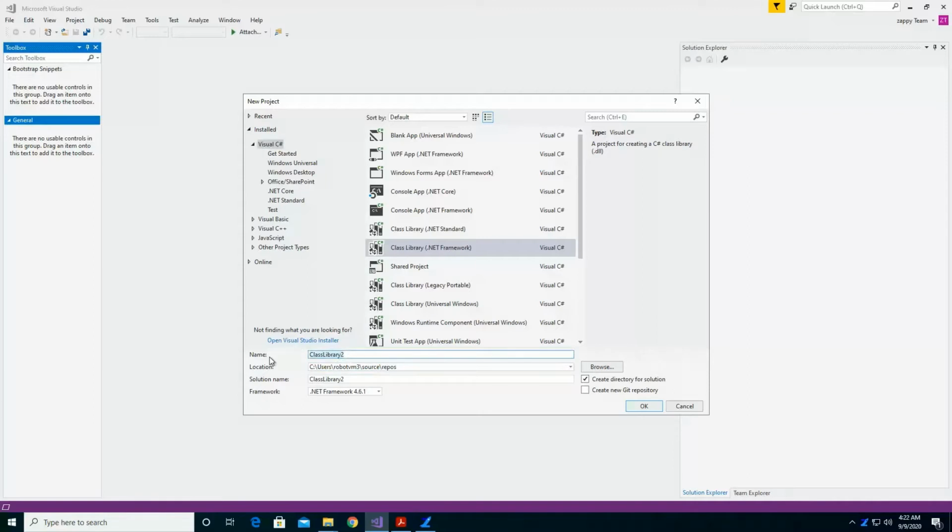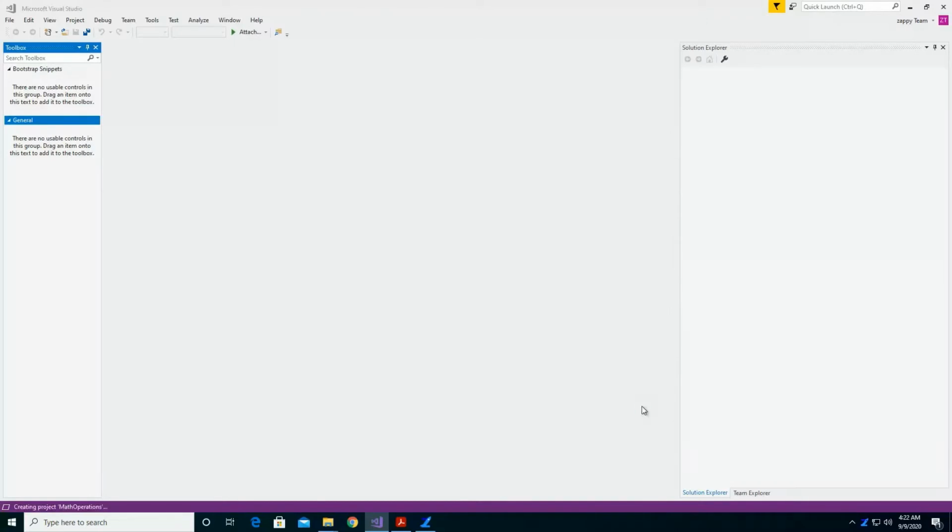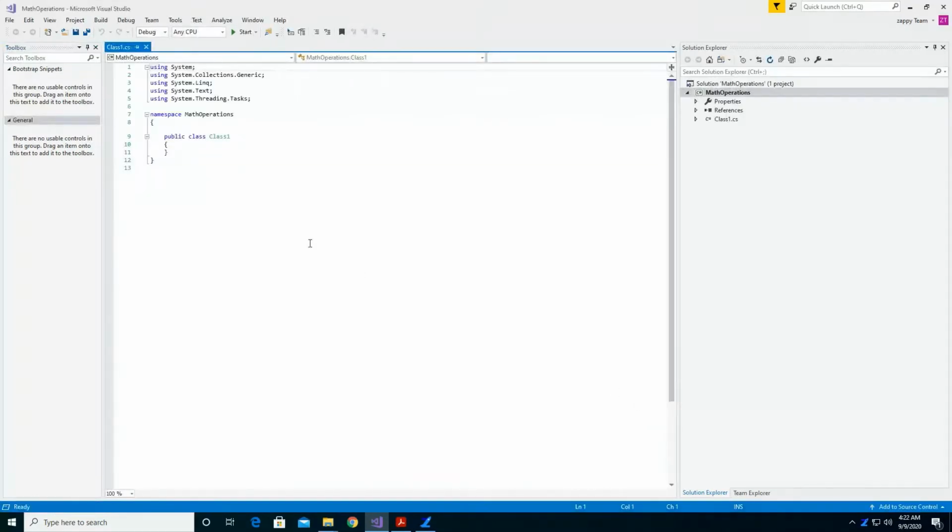Give a name to your class. I'm giving Math Operations here, and this is the location where your file is going to be stored. Select OK. Right, this is our class.